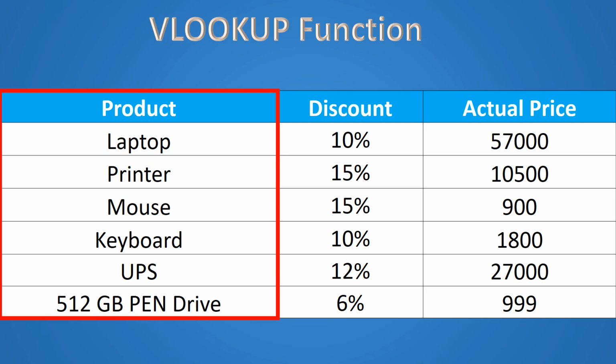VLOOKUP is used to retrieve data in a table organized vertically. VLOOKUP supports approximate and exact matching and also wildcards such as star and question mark for partial matches. One vital point we should always keep in mind: lookup values must appear in the first column of the table passed into VLOOKUP. What it returns? It returns the matched values from a table.